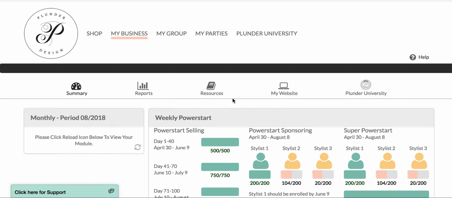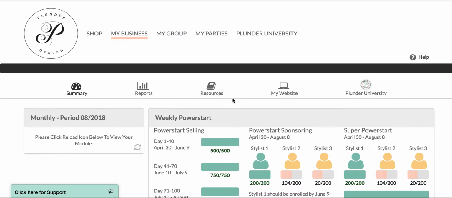So first, the importance of being active within your business. For those of you that are actively building your business, in the comp plan, you will notice that it asks for a certain amount of your downline, or your front line, to be more specific, to be active in order to advance within our compensation plan. So what active means is any stylist that has $200 or more in a calendar month of PRV,